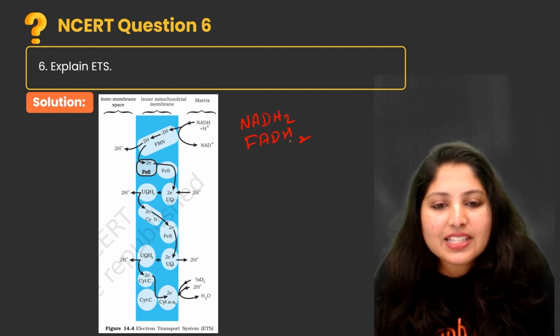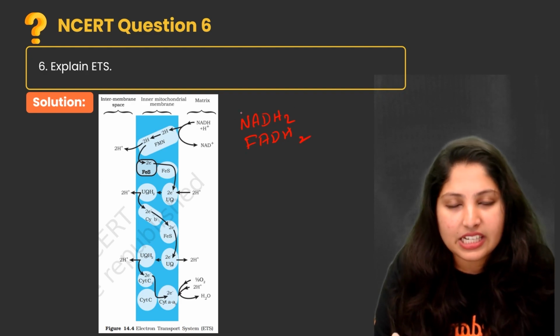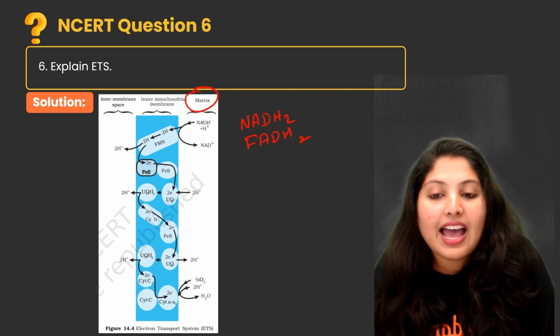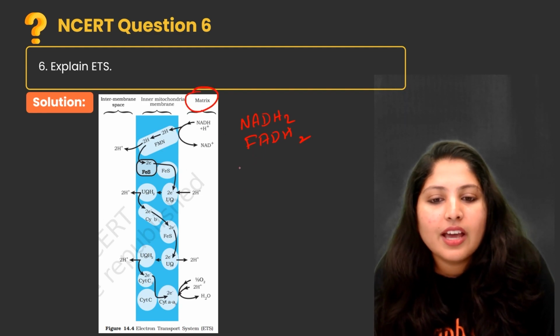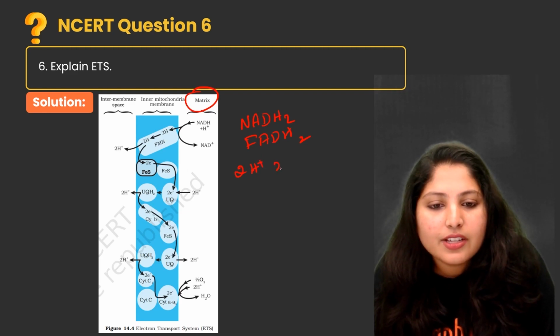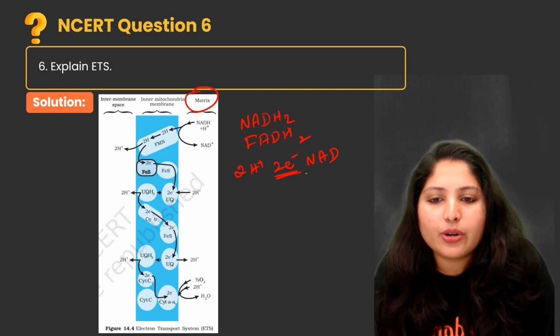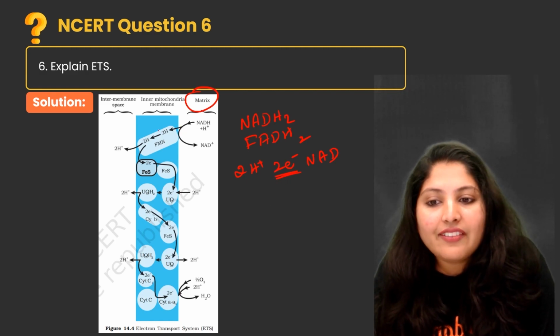Okay, so these molecules undergo splitting in the matrix, and they produce 2 H plus, 2 electrons and NAD. Okay, so these electrons travel through the